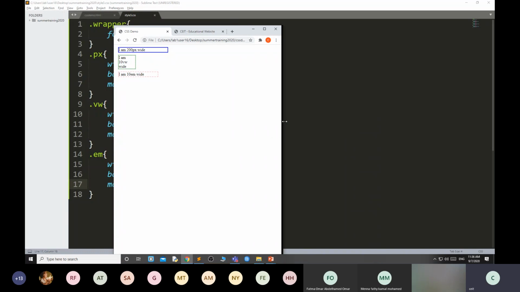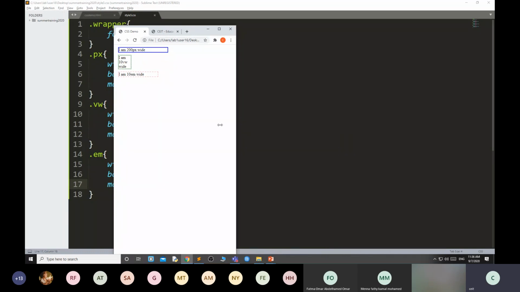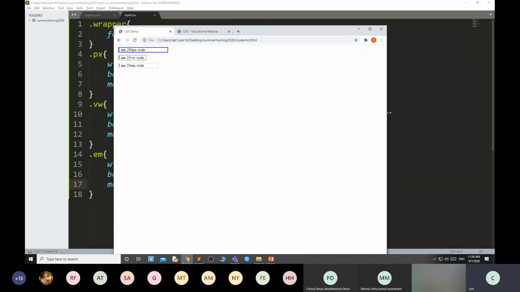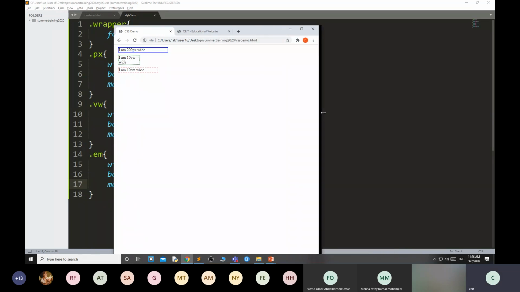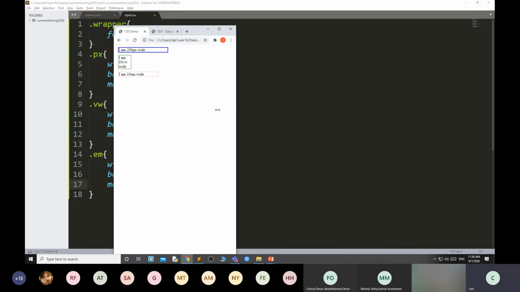Okay, meaning if you use absolute units, you cannot make your web page responsive. Your relative units make your web page responsive because it is always relative to the parent. See, suppose this is my screen size.